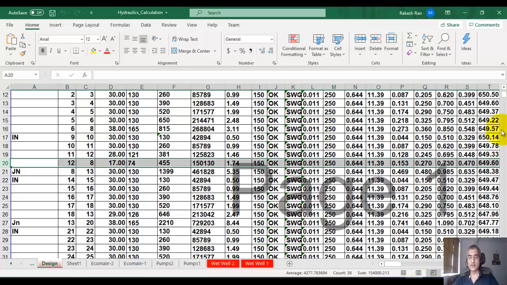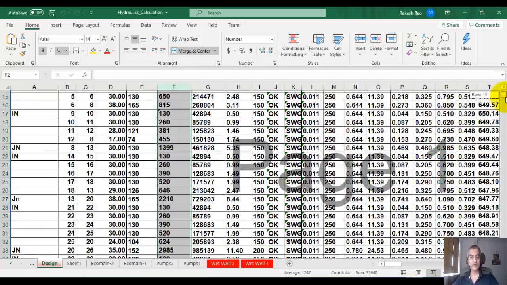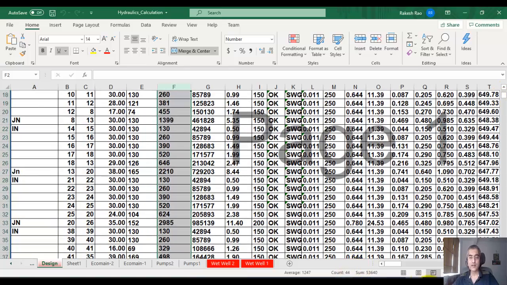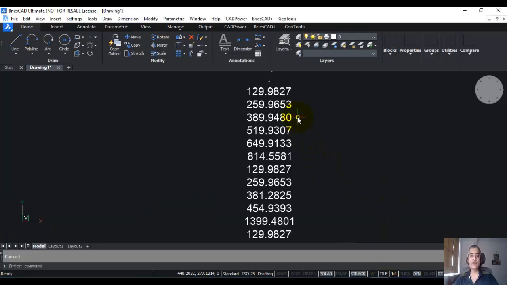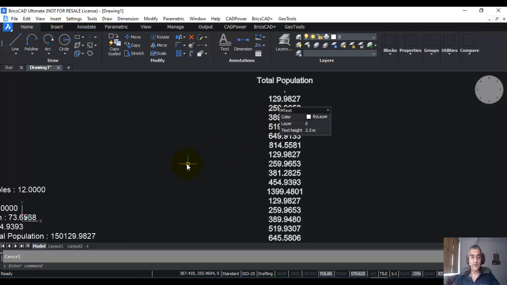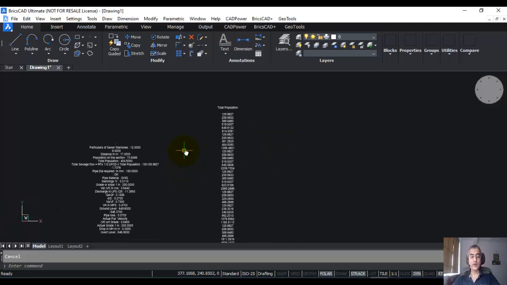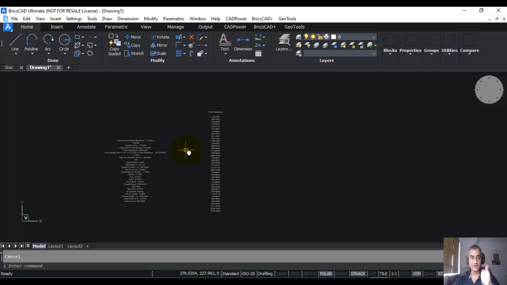the Excel sheet. So let us look at the F column. Whatever you see here in the F column has now been imported into your drawing as an MText. So this is another example of how you can bring in Excel data. The first one was about a row and this one is about a column. Let us see some more examples.